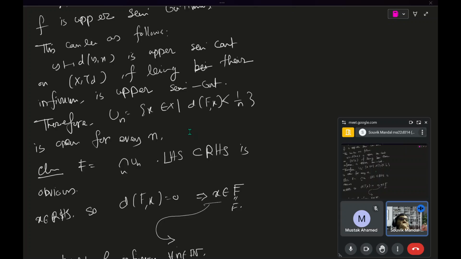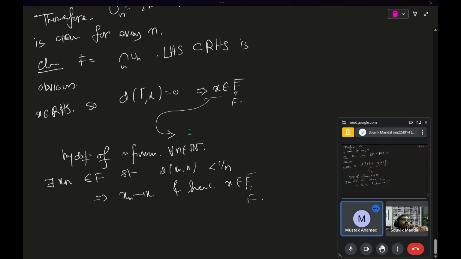Now for the reverse, what do you do? Suppose x is an element of the RHS. So d of x comma F equals 0. Mustafa, can you repeat the second one? Okay, let me finish this. So we have d of x comma F equal to 0. This implies, by definition of infimum, we can get a sequence xn so that d of xn comma x